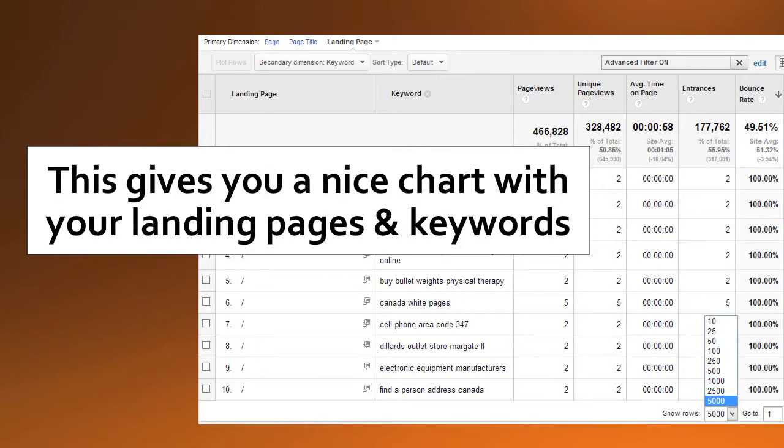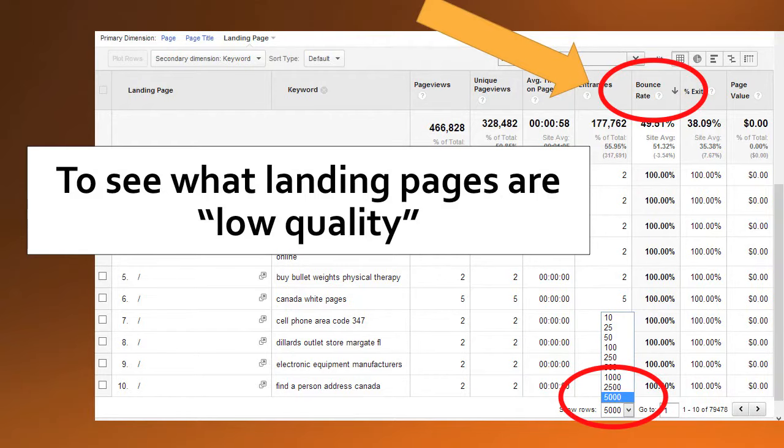So there's the landing pages over here, and the keyword that they found you for on Google, and it shows you how many page views you had, how many entrances you had, the average time on page, the bounce rate, and all that kind of great stuff. Now, to sort it, you click bounce rate first so that you can see what pages are low quality. You click bounce rate first so it sorts descending,